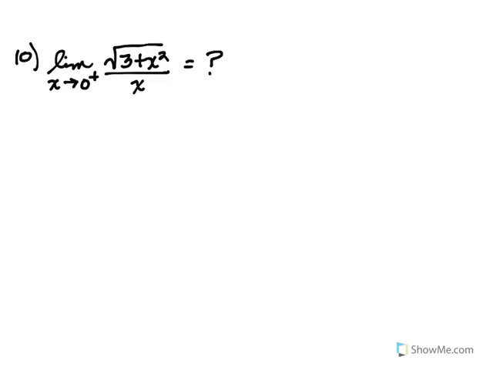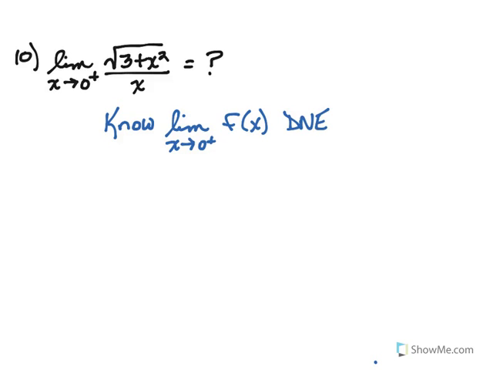So in this one, we are approaching 0 from the right. Now once again, you cannot substitute 0 in because we get 0 in the denominator. There's really nothing to do to algebraically manipulate it. So for this one, we do know the limit as we approach 0 from the right. And once again, I'm just going to call it f of x for convenience sake. Does not exist. Right? Again, that's because we would have 0 in the denominator, and there's really no way to